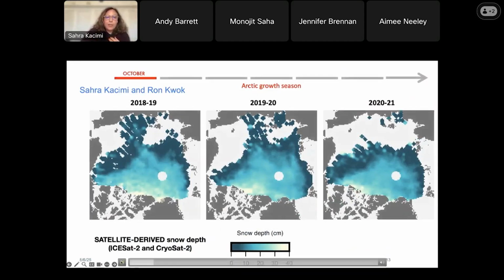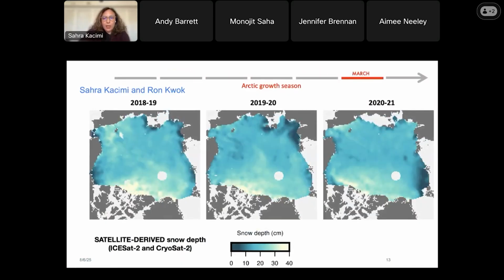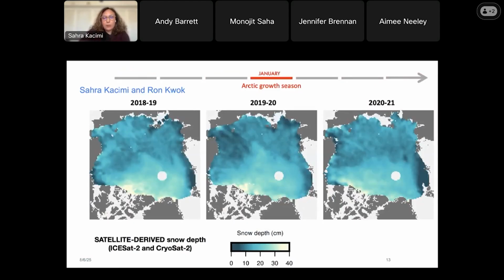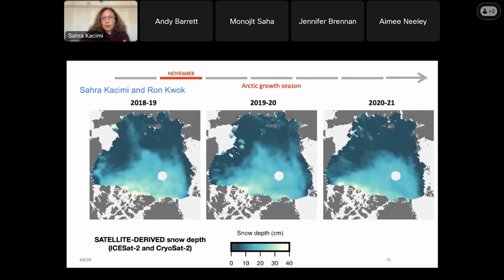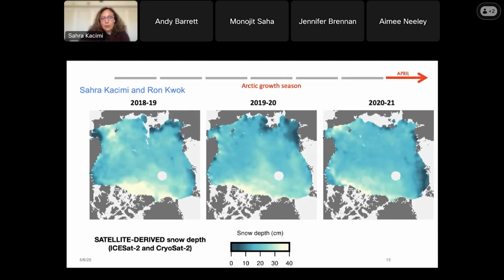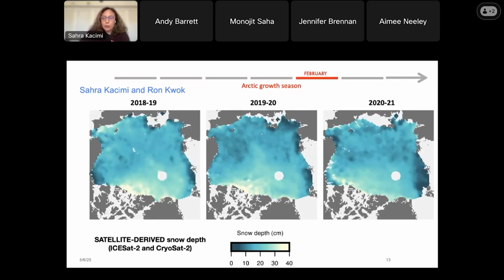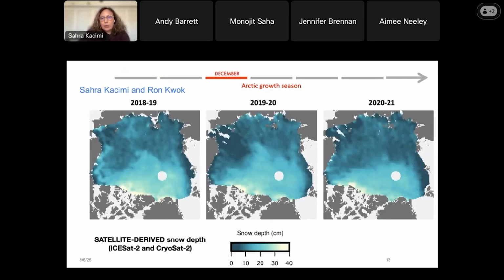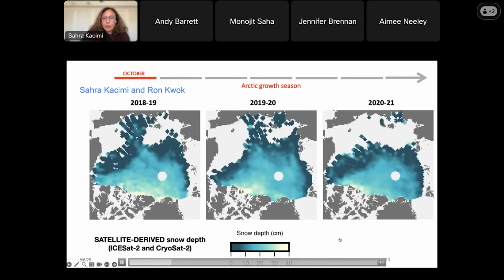And this video here loops through one Arctic growth season, from October to April. And from left to right, those images show you 3 consecutive growth seasons. What we can see is that by applying this technique, the snow fields that we end up with are consistent with what we know of the Arctic snow cover. For example, we see this gradient that we expect between Canada and Siberia. But what's really great in comparison to, let's say, the climatology is that we do capture interannual variability. So this is a really cool use case that actually